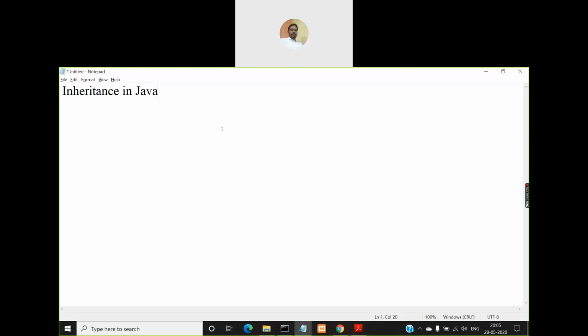Inheritance in Java. So we are going to discuss this concept in today's session. We know that Java is an object oriented programming language. So one of the features called polymorphism, and you also have another concept called inheritance, which is one of the major features of object oriented programming concepts, not just in Java, any object oriented programming language. So because Java is an object oriented programming language, even Java also implements inheritance.